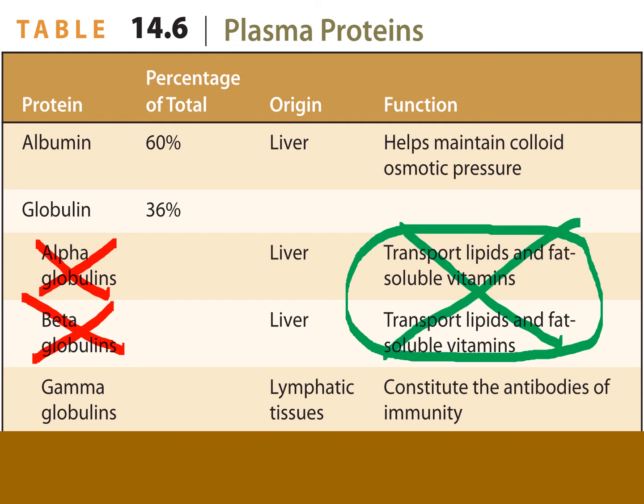So we're not going to really talk much about them right now in the blood chapter, but I do want to talk about this third globulin called the gamma globulins. This is a fancy name for antibodies, which we'll be spending a lot of time talking about at the end of the semester when we get into the lymphatic system. But there's been a lot of